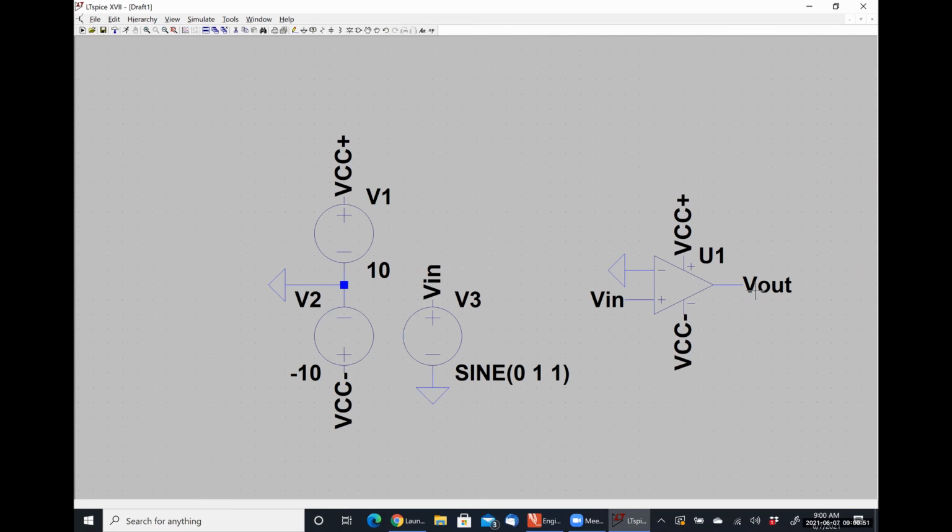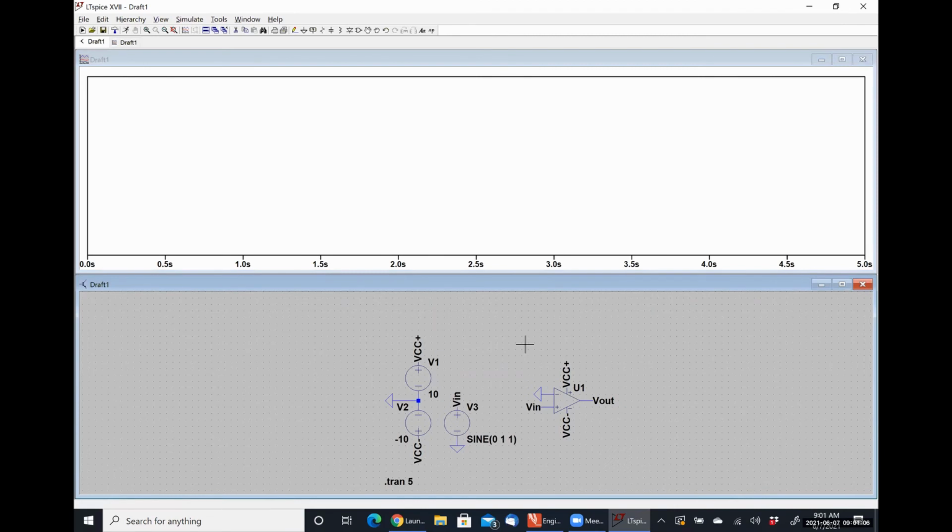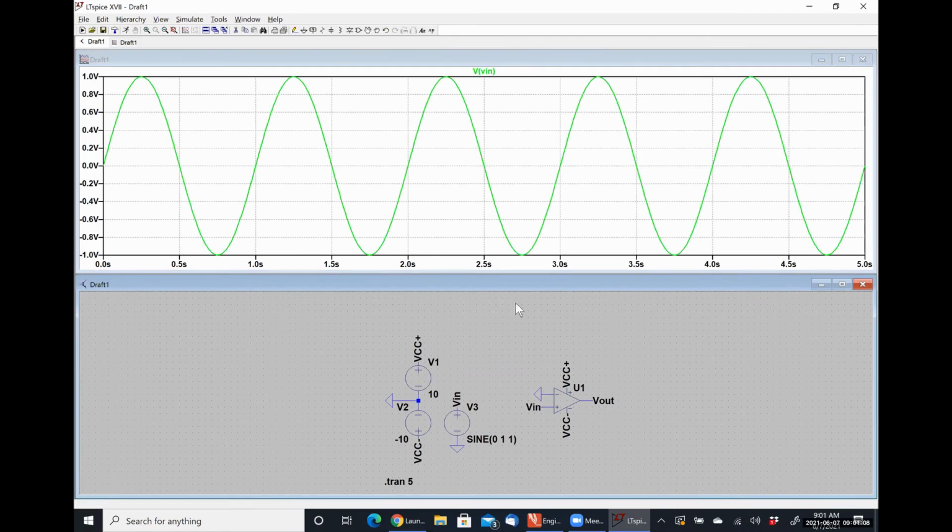Instead of putting in a DC input voltage with a magnitude of 1 volt, we're now putting in an AC input voltage with a magnitude of 1 volt. And I'm going to run it for 5 cycles, just for the sake of argument. If I look at my input voltage, I have a nice simple sine wave that does exactly 5 cycles in 5 seconds